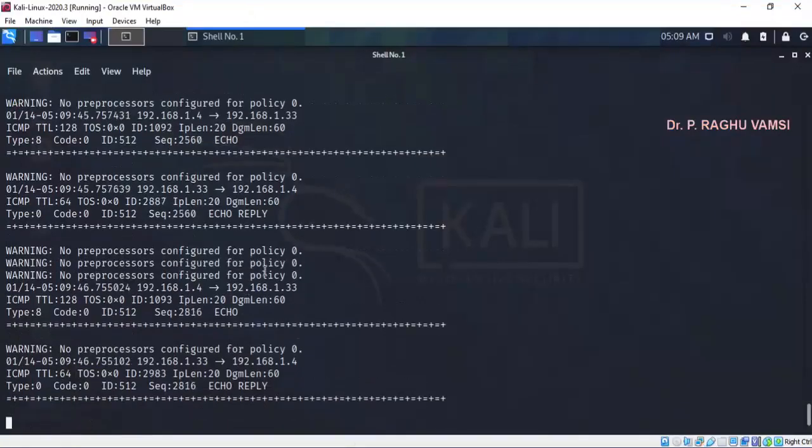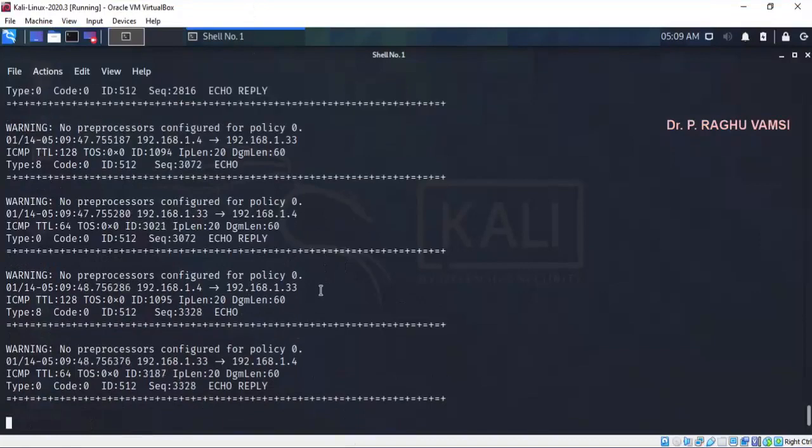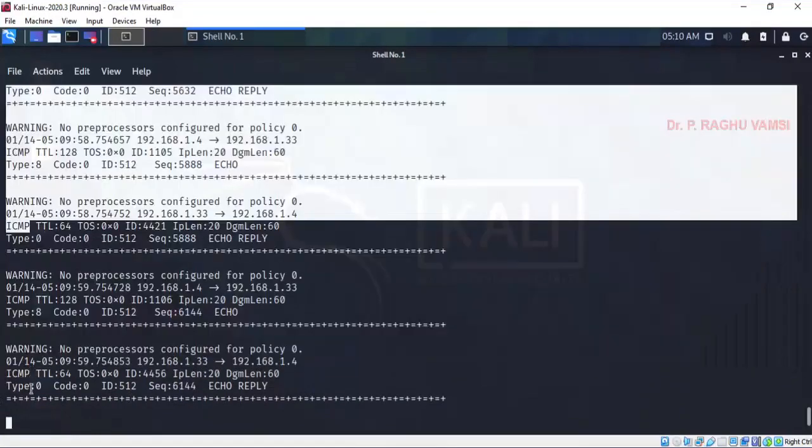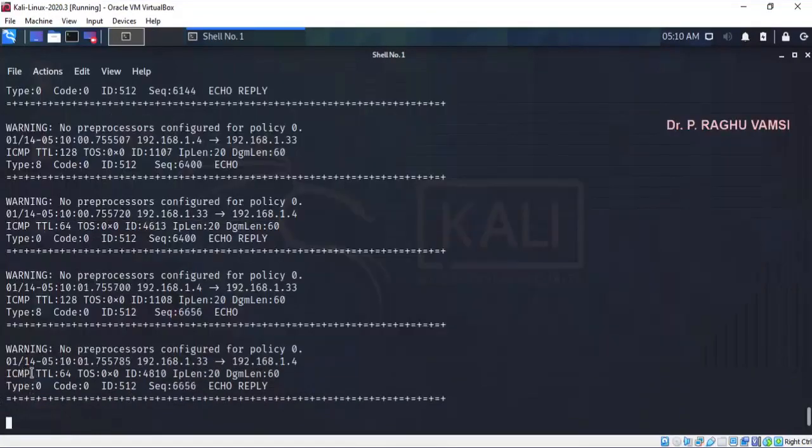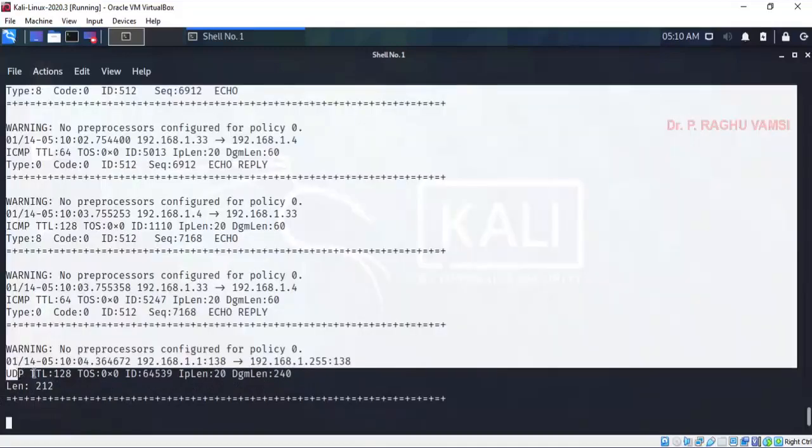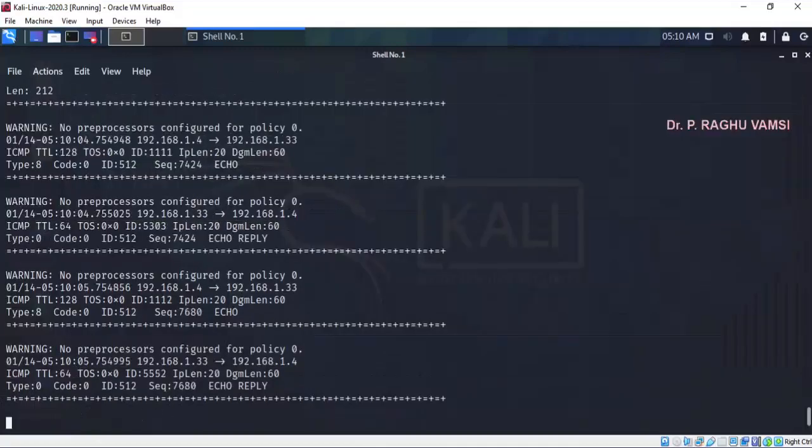A huge number of traffic traces are showing here. This is a packet of type ICMP. You can see ICMP related packets you are getting. Also you can see the sequence number is not always constant, and it is not systematically increasing.